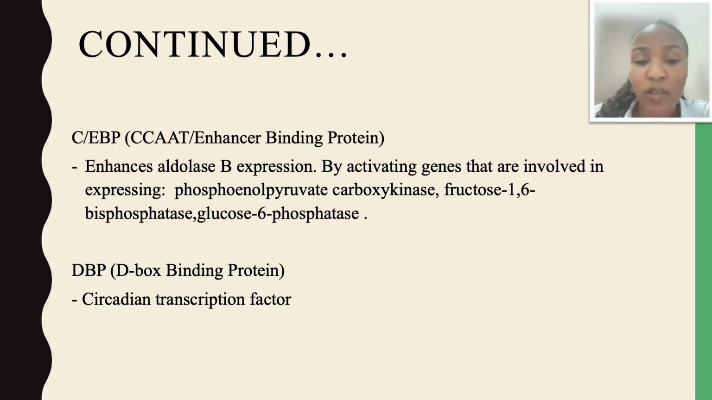So you can imagine if there's an issue with the CCAT enhancer binding protein, like a mutation, not only would it not be able to express aldolase B during fasting times, routine fasting, but also it won't help express these enzymes that are used in gluconeogenesis, which will be a big issue because without these enzymes, gluconeogenesis cannot proceed. And lastly, we have the D-box binding protein, which acts like an on and off switch,